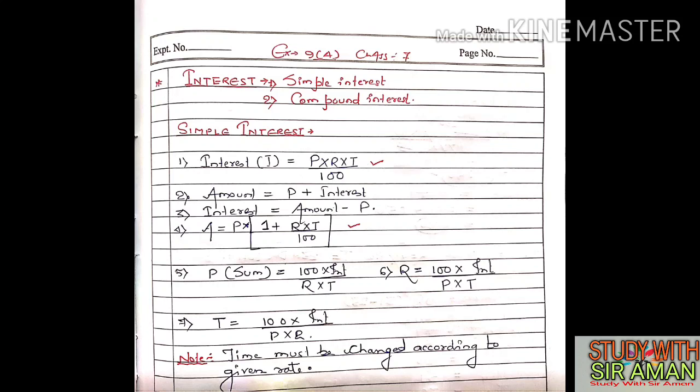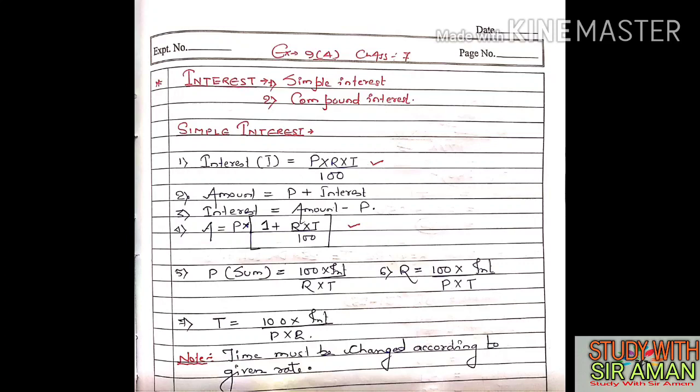Okay, amount, what is the formula of amount? Principal plus interest. Now what is principal and what is amount? Another name of principal is sum. Principal is the main money, the original money which you are lending or taking, and at the end of a fixed interval of time you return the money by giving extra money. That is known as the amount which you return at the end of time. Formula: P plus I.